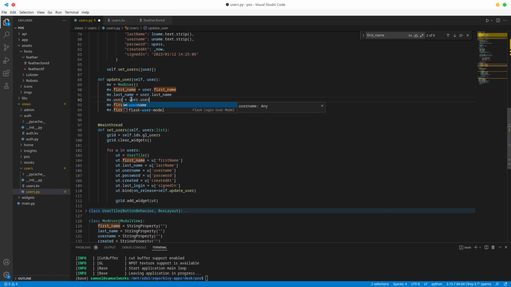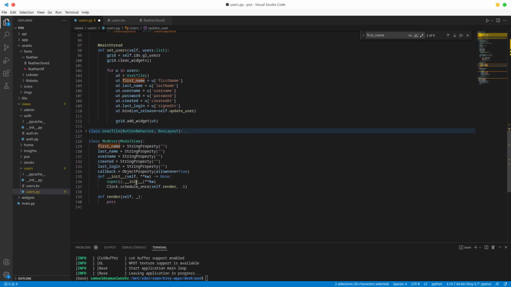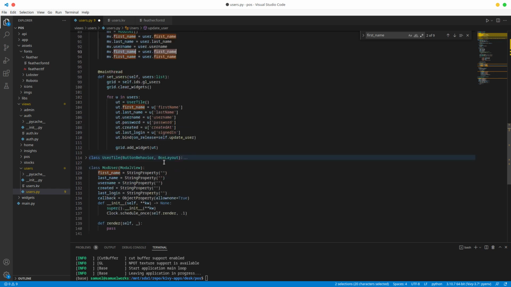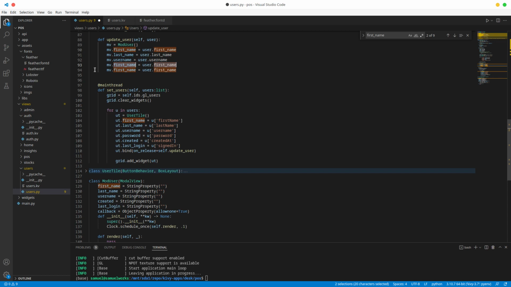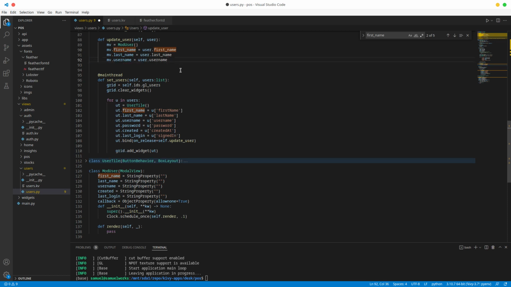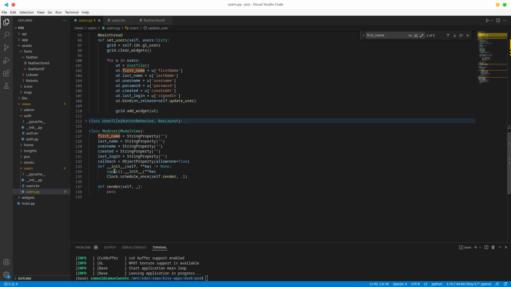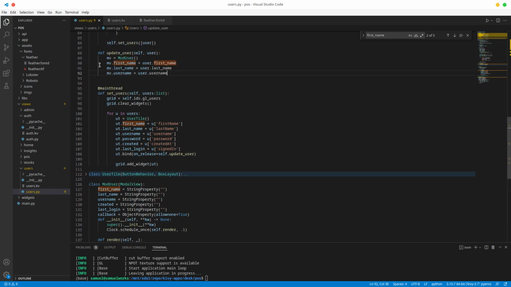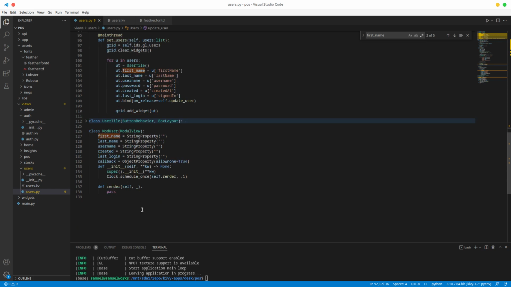This is going to be username. This is going to be... do we really need created at? Nah, we don't need created at, and we don't need last sign in as well, because really we don't care, right? We are just modifying the user, not modifying when they last signed in. So we only need those three, and in our model view we want to go down here and we want